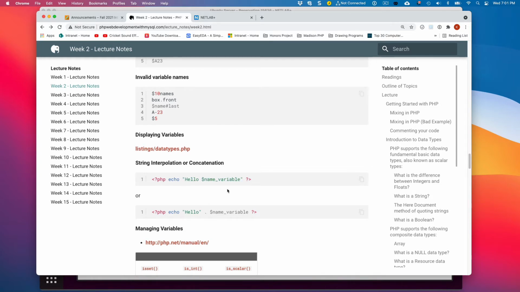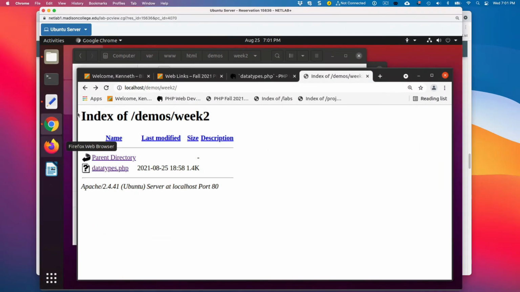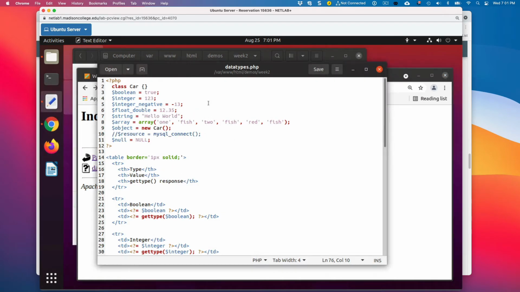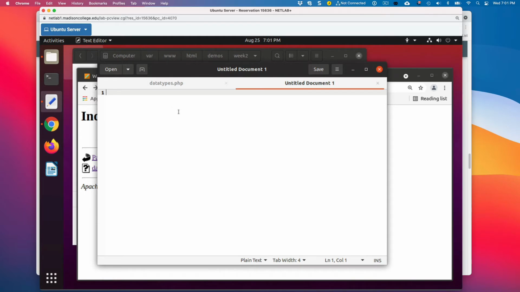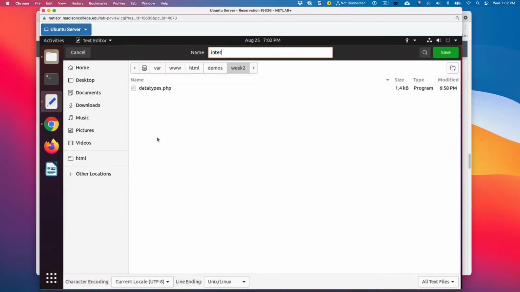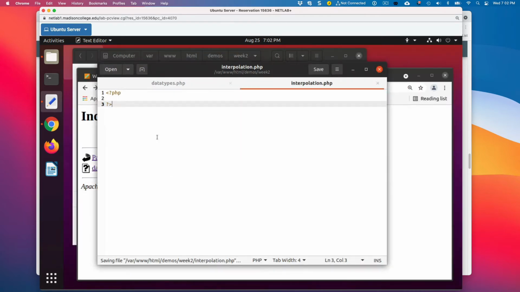So let's go to my VM here, and I'm going to start another script. I'm going to save it and call it interpolation.php. All right, so I want to create a name.